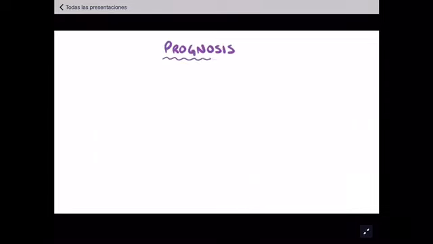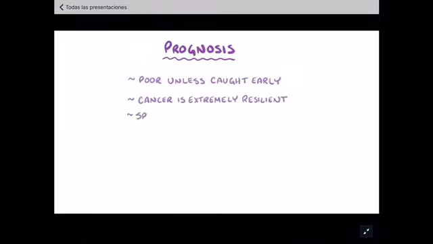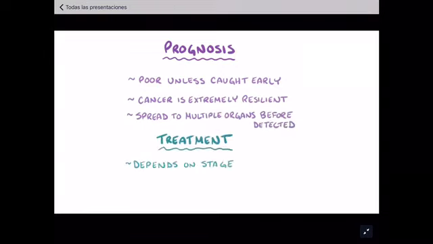Unfortunately, the prognosis for mesothelioma is poor, unless it's caught early. This is because the cancer is extremely resilient and has typically spread to multiple organs by the time it's detected. Treatment depends heavily on the stage of the disease, and usually combines surgery, chemotherapy, and radiation. Alright, as a quick recap,